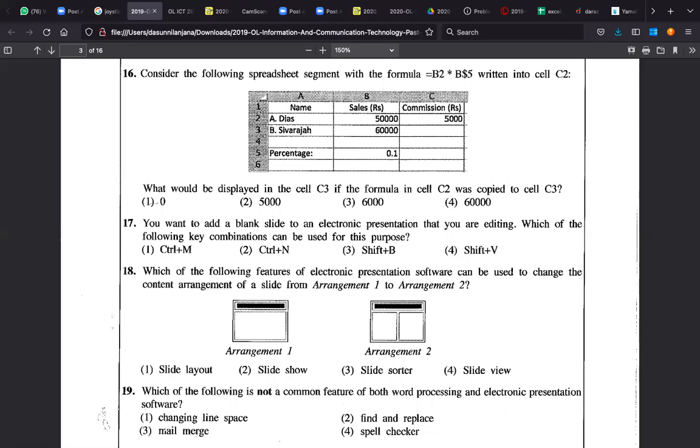If you cannot remember, I'll teach you mail merge next day, right? Please ask this question from me when I start next day. So you said that you will teach mail merge. Please ask that question, then I'll teach you, right? Please remind me. Then find and replace is common, spell checker is common. So mail merge is the only different thing here for 19.